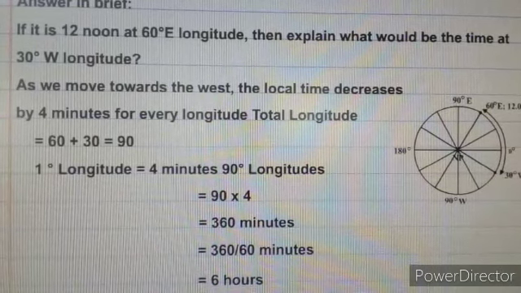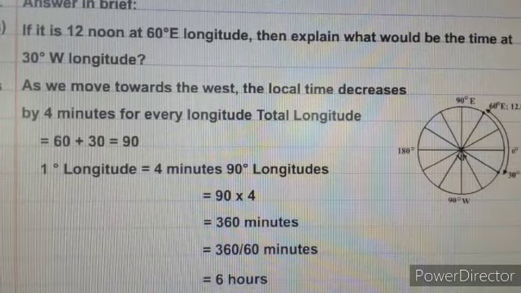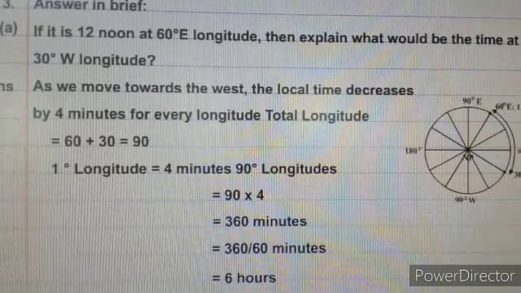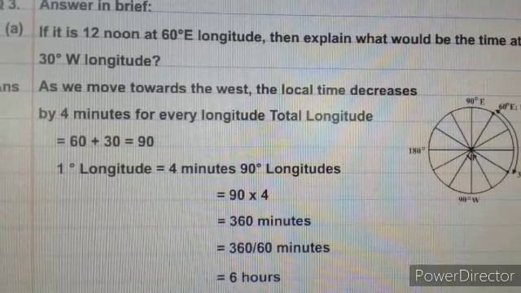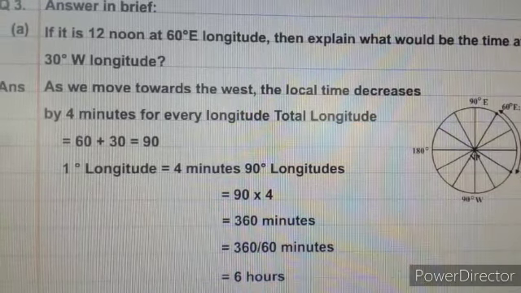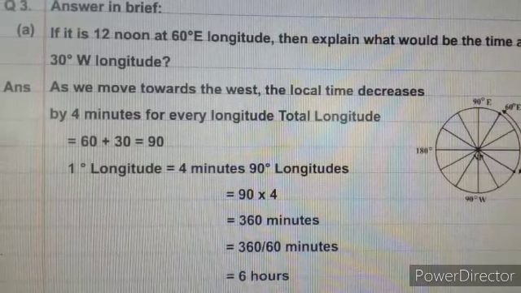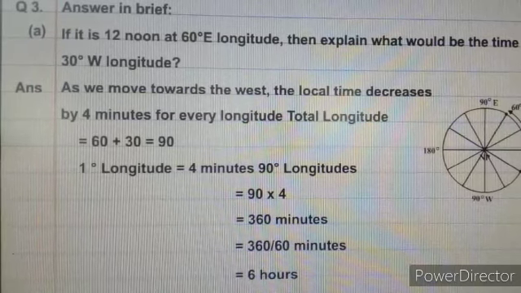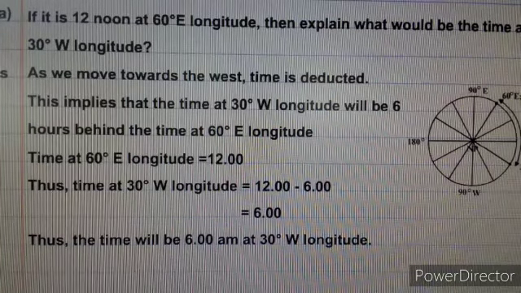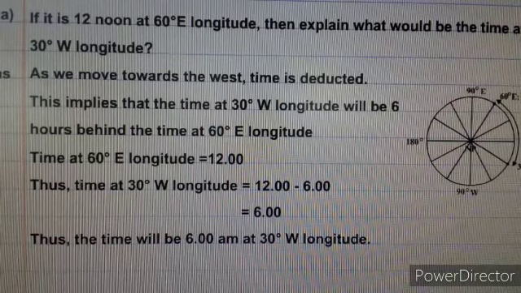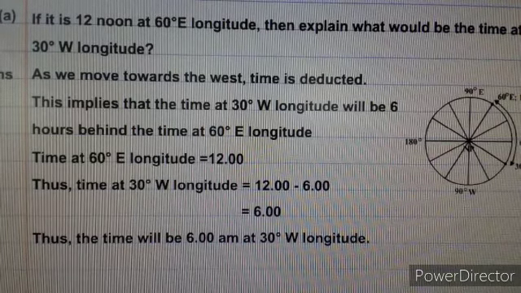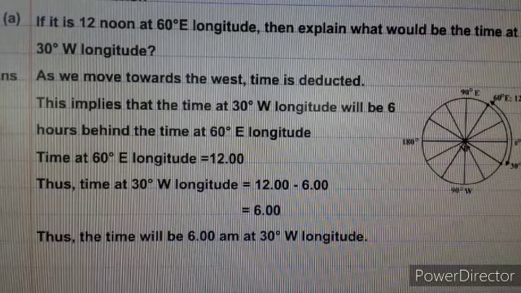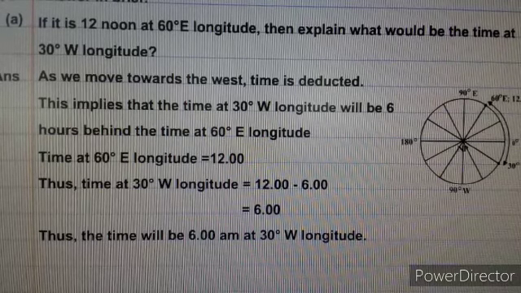1 degree longitude is equal to 4 minutes. 90 degree longitudes is equal to 90 into 4 is equal to 360 minutes. So 360 divided by 60 minutes, and the answer is 6 hours. As we move towards the west, time is deducted. This implies that the time at 30 degree west longitude will be 6 hours behind the time at 60 degree